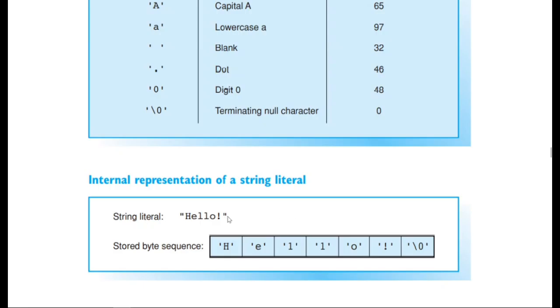Now, what if we wanted to, let's say, add an additional quotation mark in here? Let's say we wanted to output this hello message, this hello string, in quotation marks, right? Because we need quotation marks to create the string, but they don't actually get output in that string. But what if we wanted to have those quotation marks as part of the string, right? Then it gets a bit tricky.